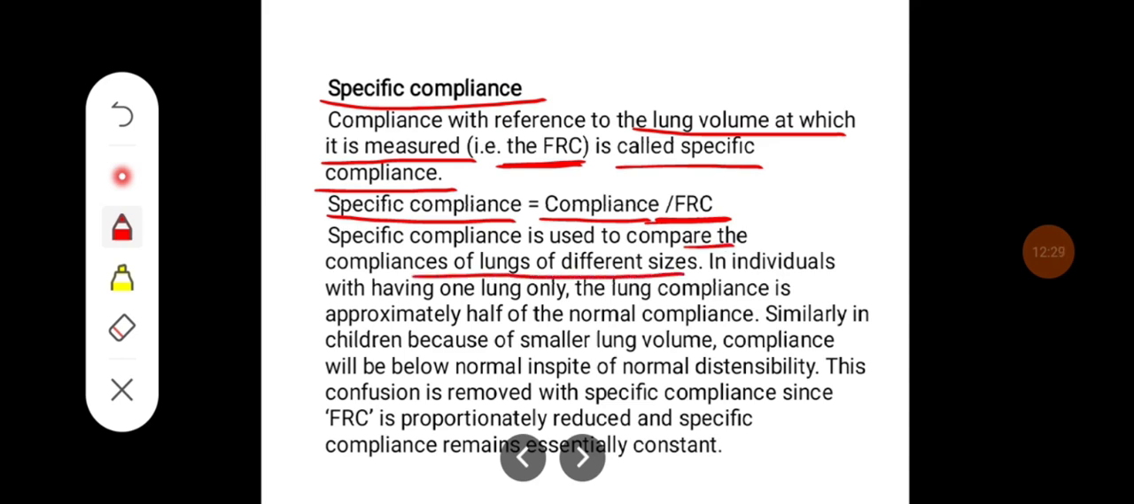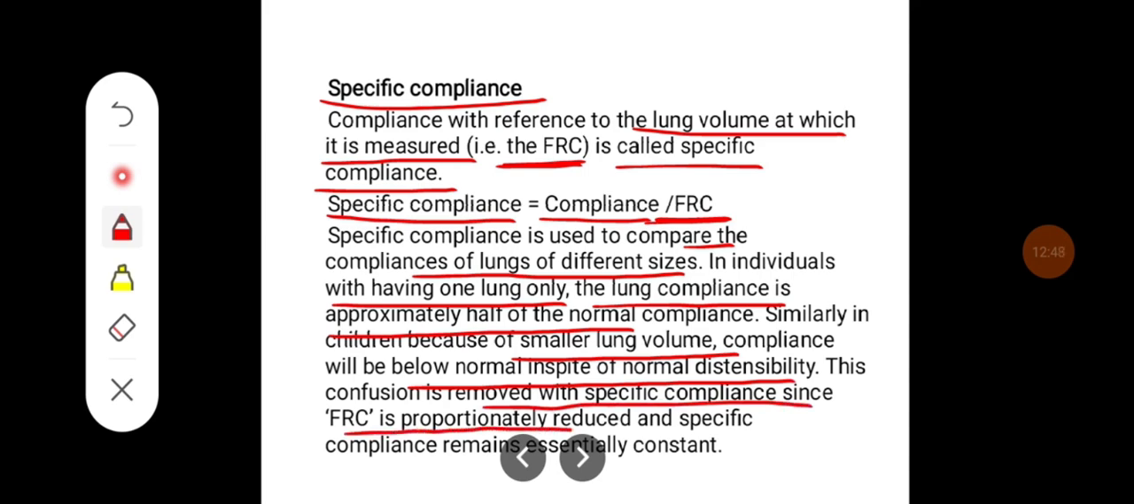In individuals having only one lung, the lung compliance is approximately half of the normal compliance. Similarly, in children, because of the smaller lung volume, compliance will be below normal in spite of the normal distensibility. This confusion is removed with specific compliance, since FRC is proportionately reduced and specific compliance remains